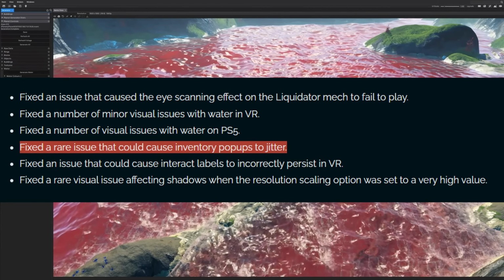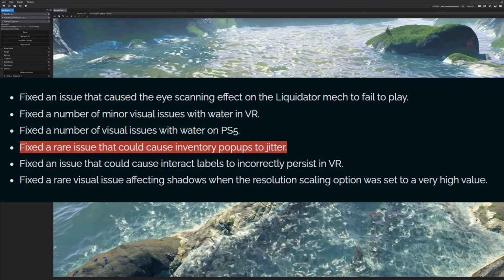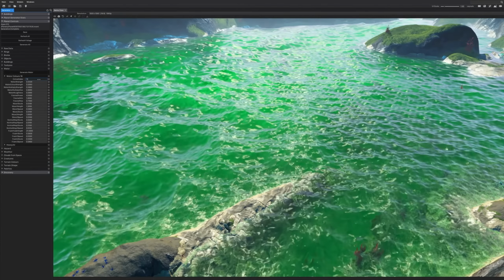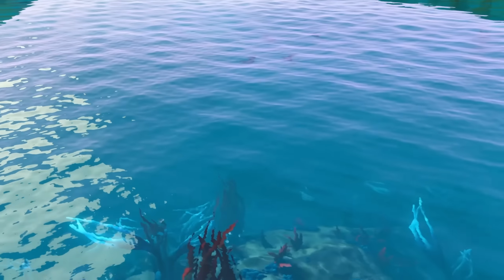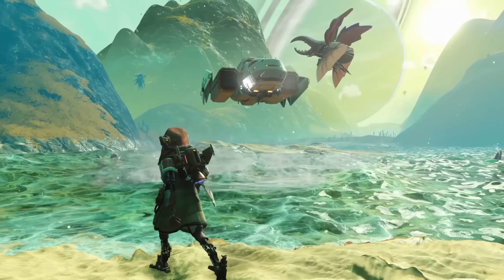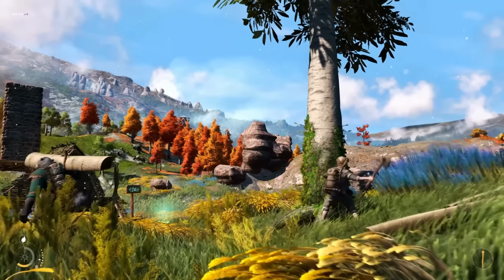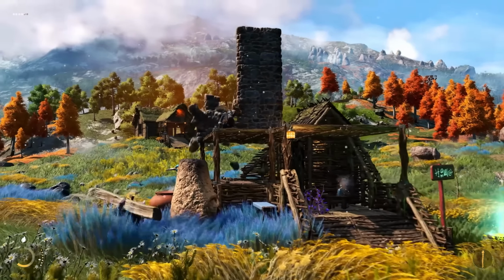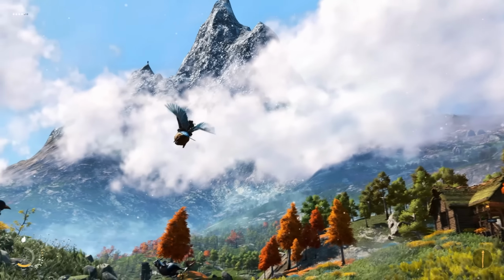And then we have: fixed a rare issue that could cause inventory pop-ups to jitter. So I ran into this, and it's not everything. If you hover your cursor over an item, it would show you the details, right? It would pop up a little menu option. And if it was too close to the edge of the screen, I noticed this on my game, it would shake. It wasn't so bad that you couldn't read it, but it was noticeable. The text would get fuzzy because it was moving constantly. It was trying to adjust